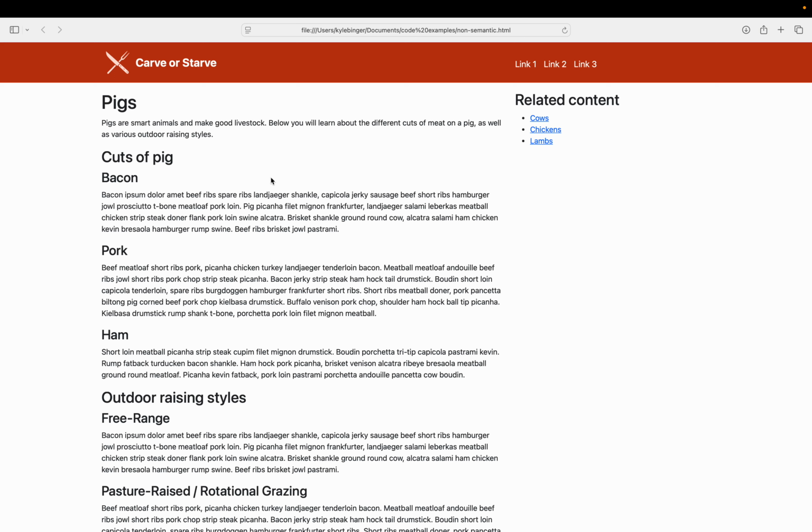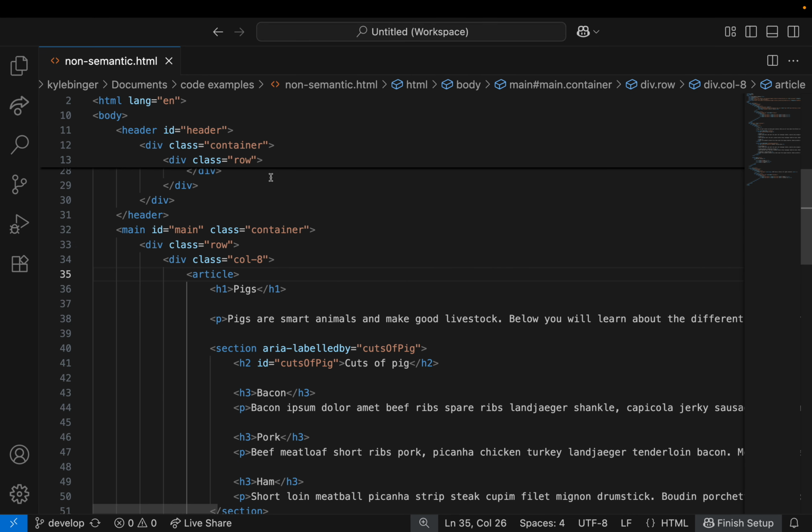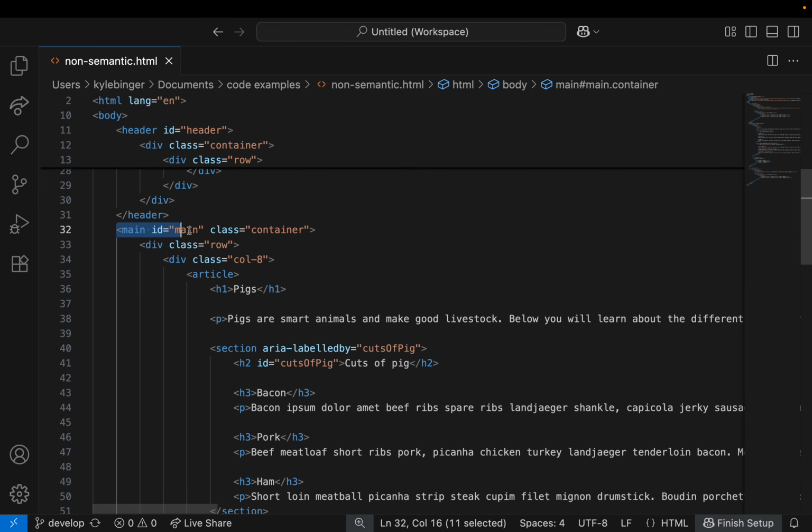And there's one last thing that we can do for extra credit. Now, this does not necessarily apply to screen readers, although the screen reader will pick up on it as a link on the page. But it's more for keyboard users who are using tab and other combinations to navigate your page. So let's jump over to VS Code one last time. You'll see here that we have a main tag.